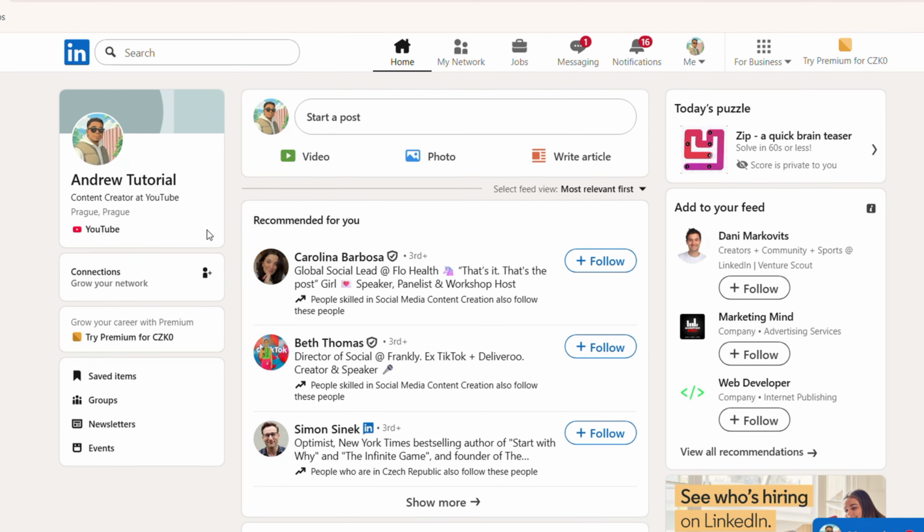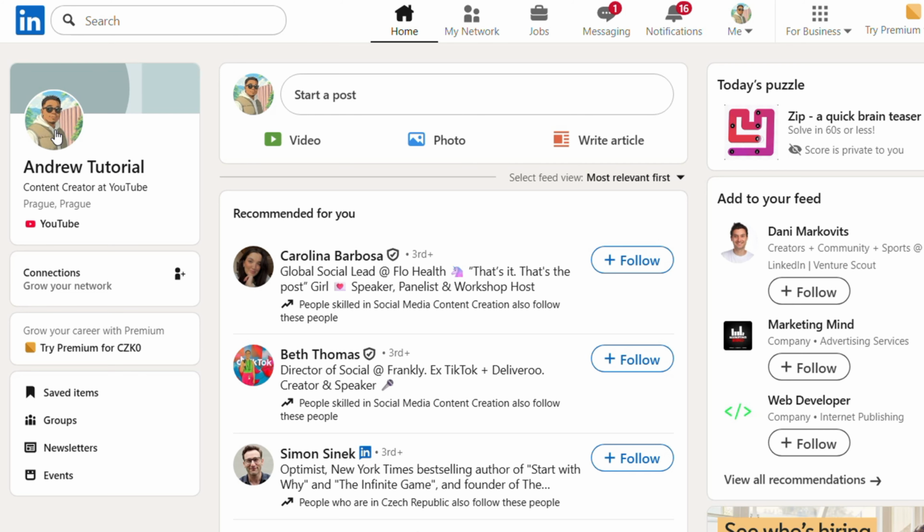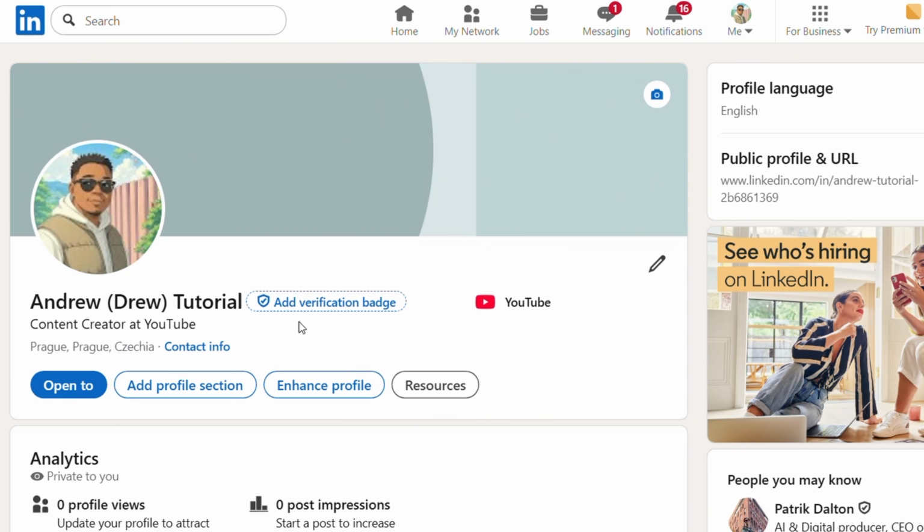So once you're on LinkedIn, guys, simply click your profile on the left hand side. That's going to take you over to your profile, and here you will see right below your name your address, and it will also say contact info, right? But in order to add this contact info, just simply click the pencil icon towards the right hand side of